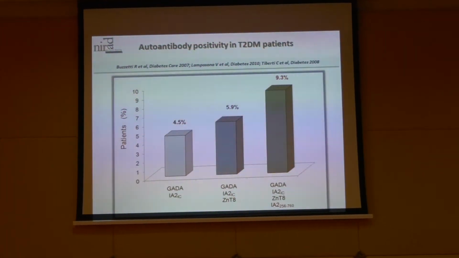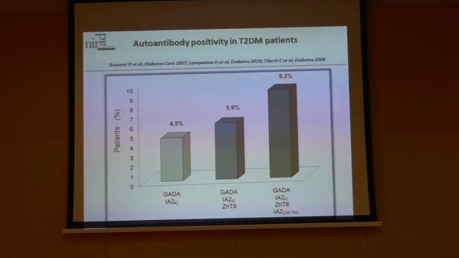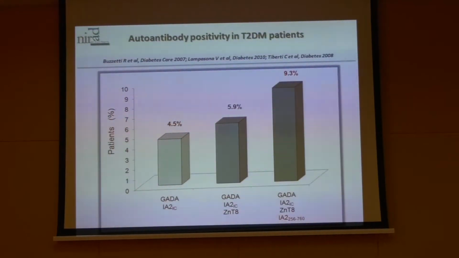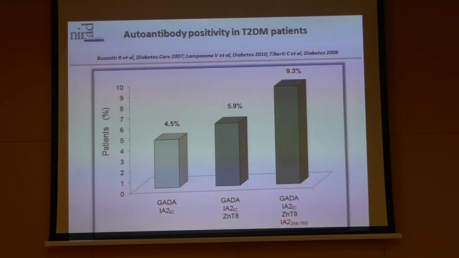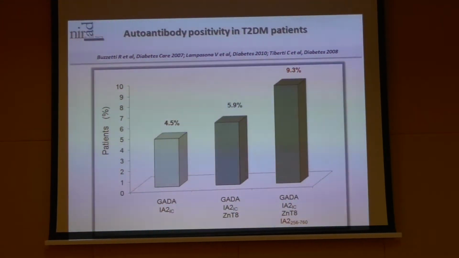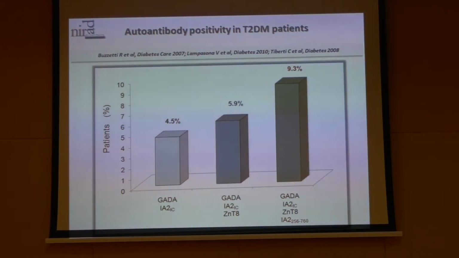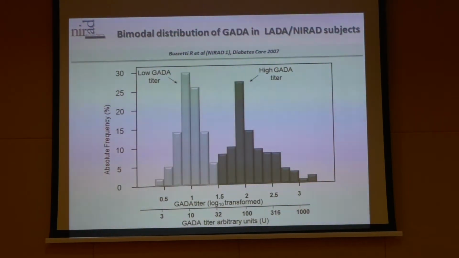So that is a considerable number of patients, suggesting that indeed, if you want to be good in defining the type of treatment for these patients, you need to measure GAD antibodies in all type 2 diabetic patients, because you will find some LADA. In particular, in some phenotypically defined patients with type 2 diabetes, and I'll show you where you should measure LADA.